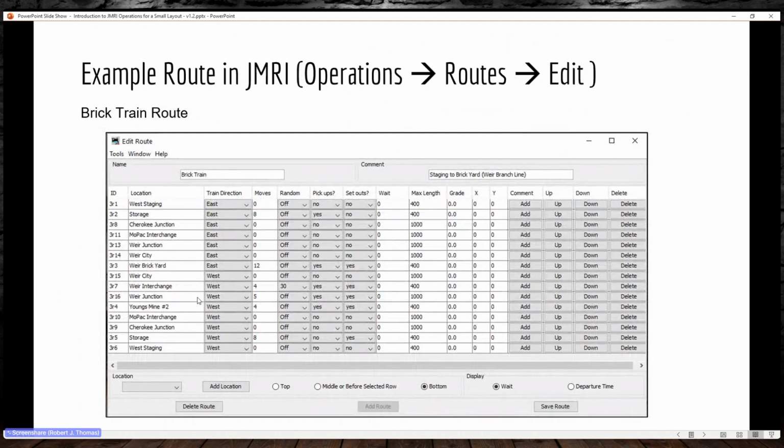Okay, so another example here is the brick train route. It's going to visit the locations we mentioned, come out of staging, pulling cars from storage, going around the layout from Cherokee Junction into Weir City, the brickyard, and then returning through a series of spots, some of them that have no cars delivered or set out or picked up, this location being either not serviced in that direction or a point on the layout just to guide the operator in the sequence of locations they're assigned to visit or